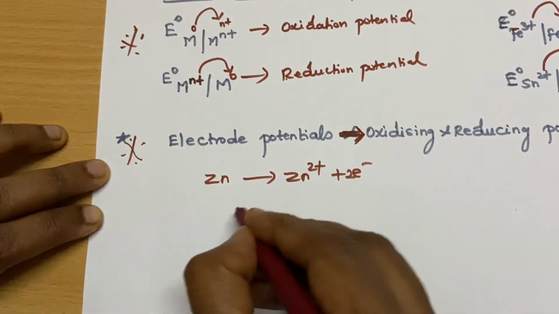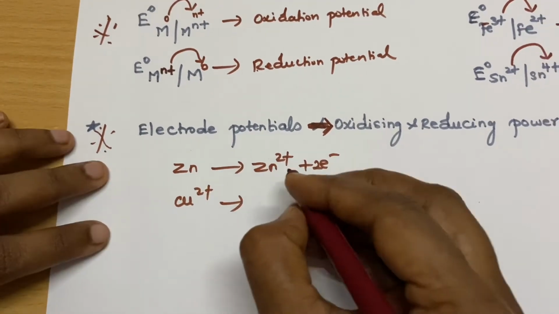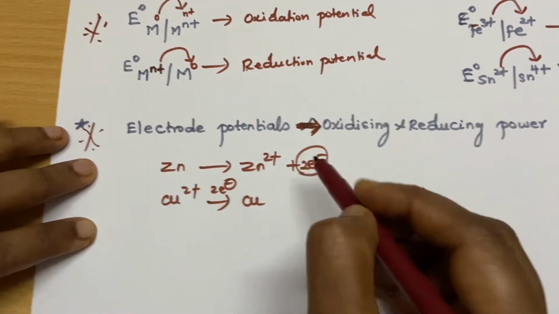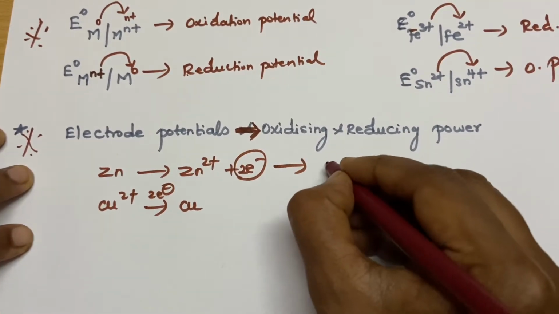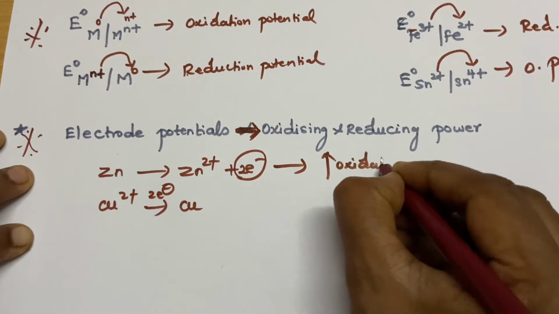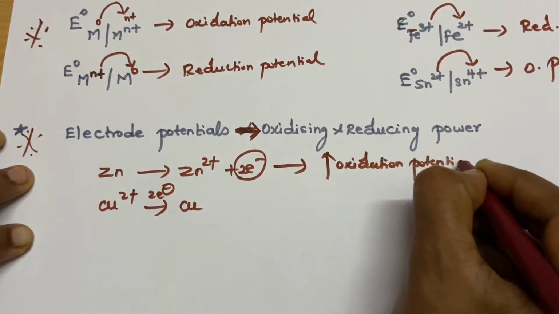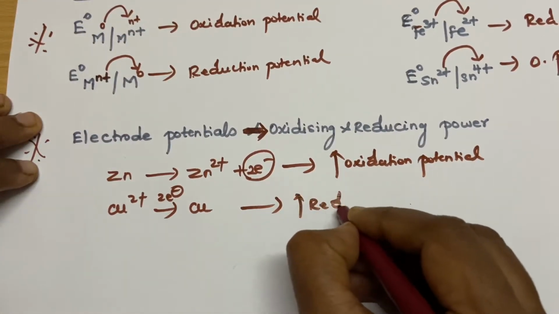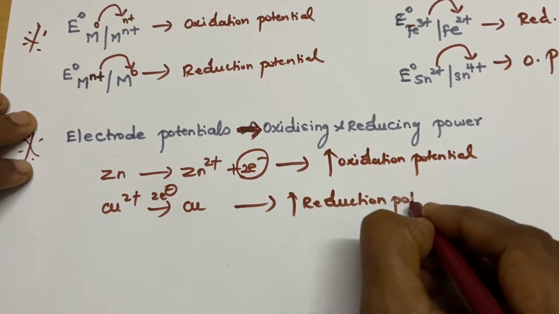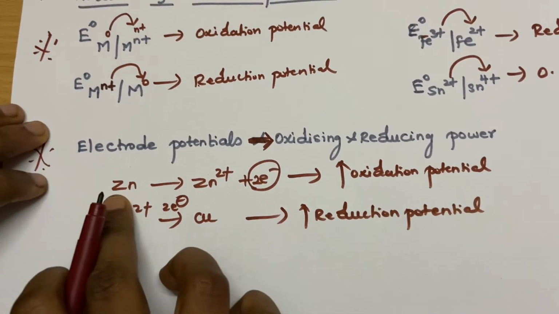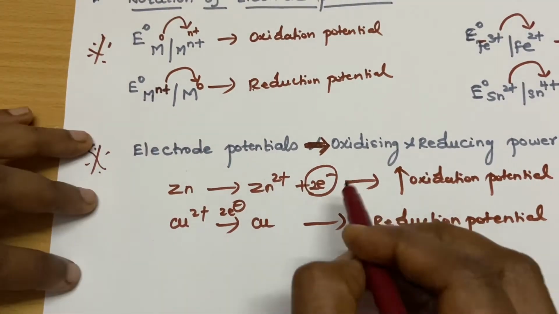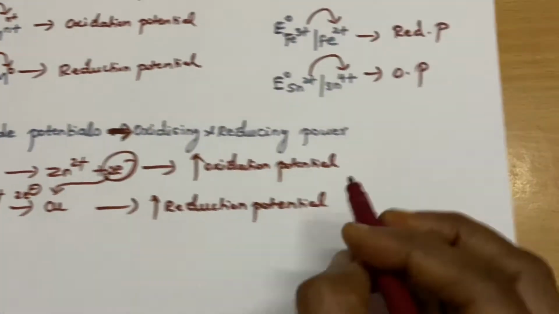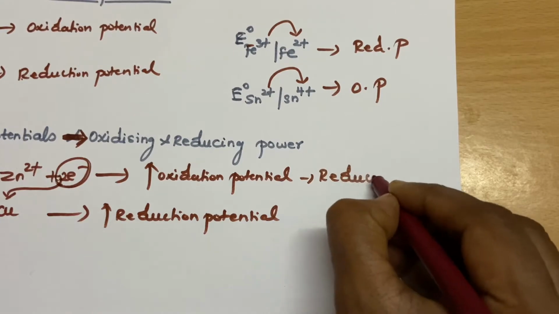See, in a galvanic cell, what happens? The oxidation of zinc takes place, isn't it? Zinc oxidizes to give you 2 electrons, so it must be having what? Having higher oxidation potential. Okay, so here copper gets these 2 electrons, and it gets reduced, so it must have higher reduction potential. See, zinc oxidizes, so in another way I can tell, it supplies electrons to reduce copper, so I can say it is a reducing reagent.